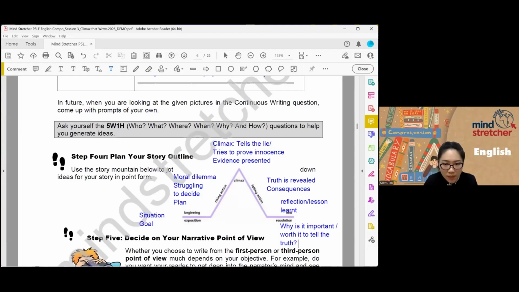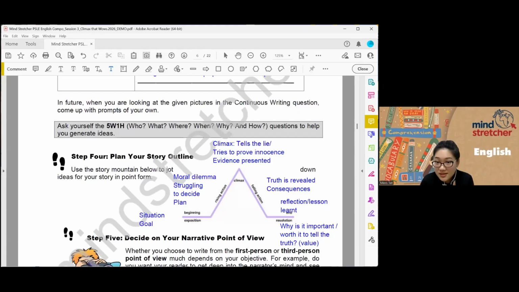So always go back to thinking about the value, okay? The value. In a story about honesty, integrity, kindness, showing consideration, all these are related to values, right? So in your conclusion, think about what does it really mean to be kind? Or if it's friendship, what does it mean to be a really good friend? Did I exhibit it in my composition, in my experience?